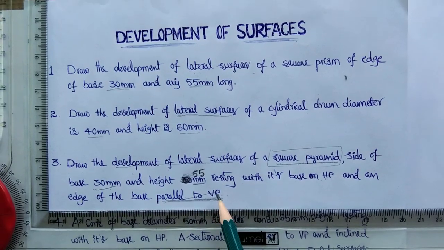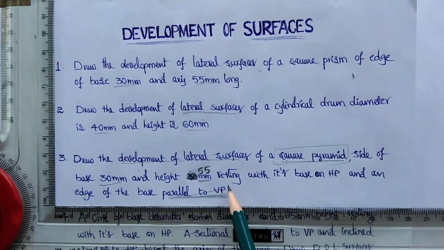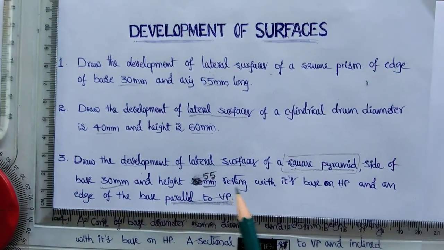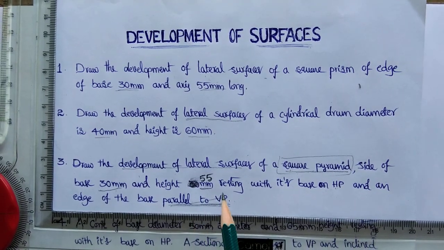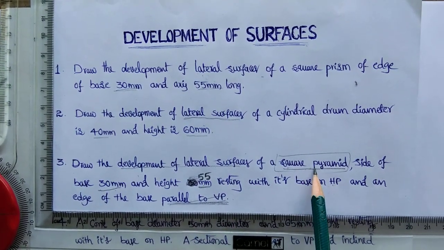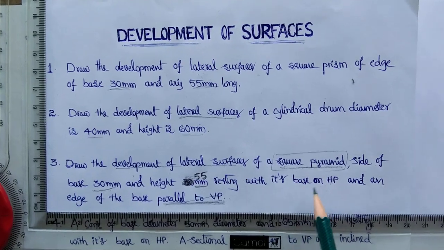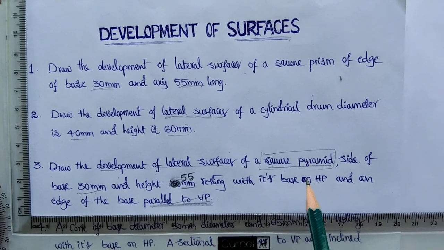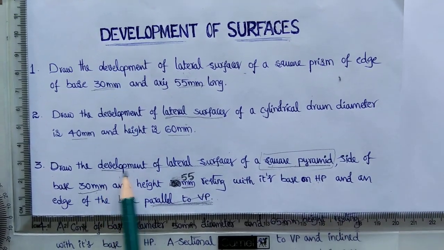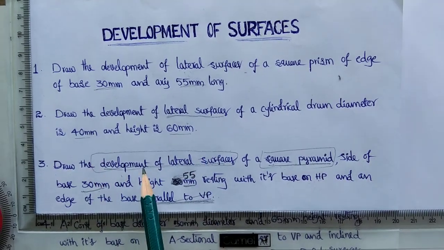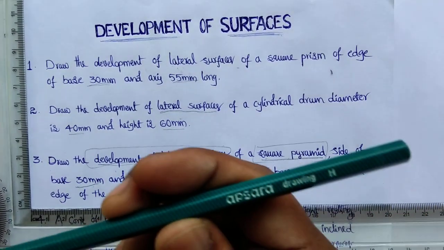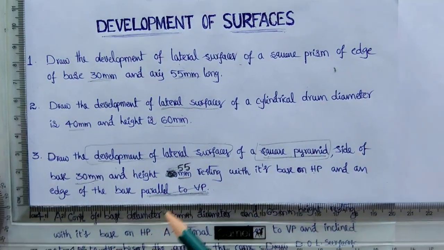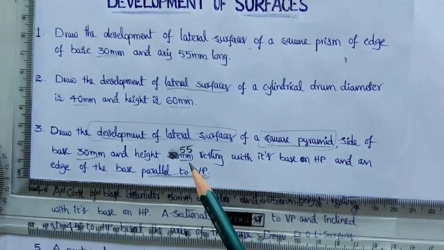As I said in the last video lecture, in the development of surfaces, initially we should construct orthographic projections of that particular object. According to the given position of the object, we have to construct the projections. With an H pencil we can construct the projections, and with an HB pencil we can construct the development of lateral surfaces. So we can use an H pencil for orthographic projections. Before going to that, let us see the object position.